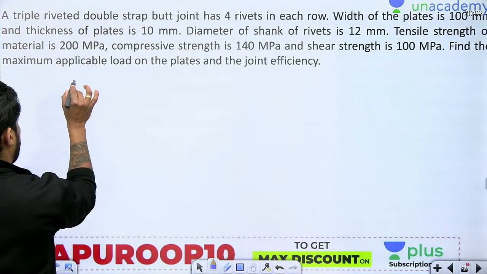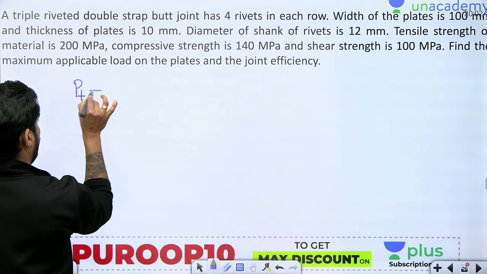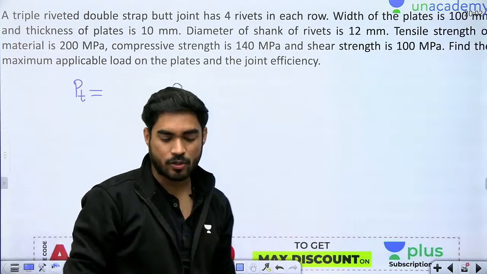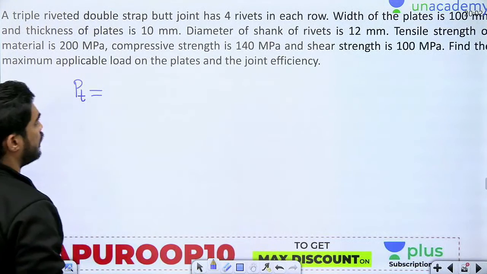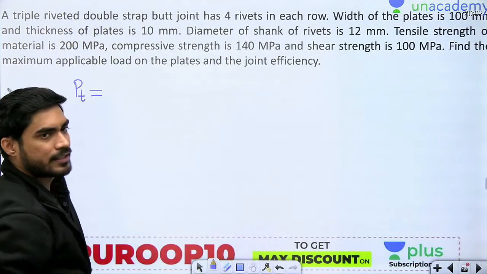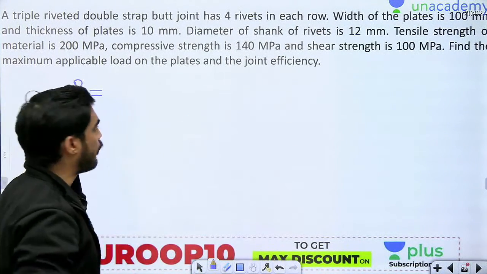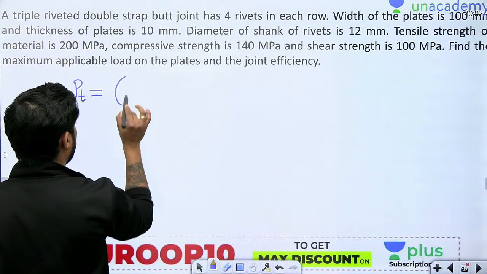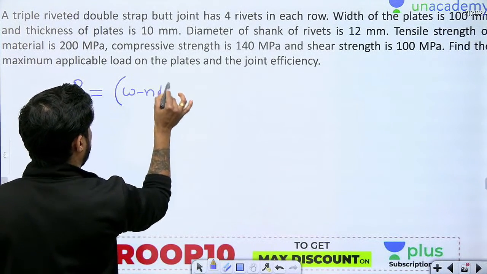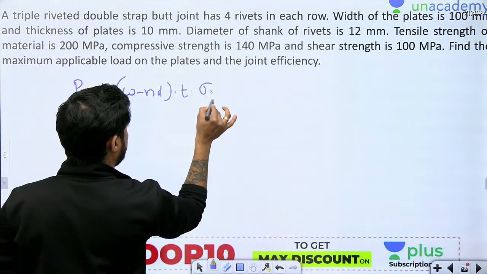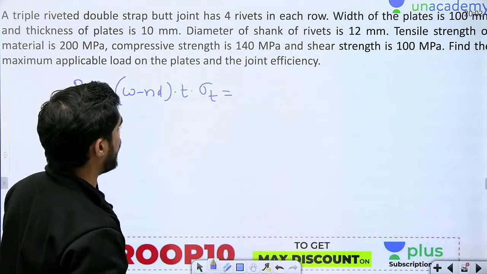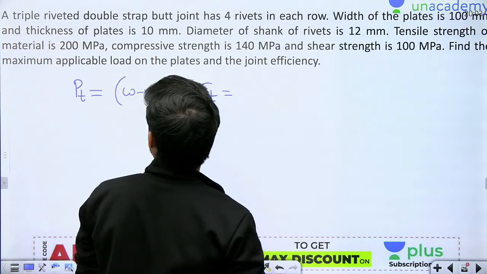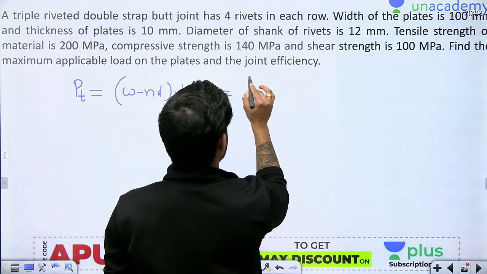First we will calculate PT. You need to remember the formula. Here they have given the entire width, so not the per pitch length formula, but the full width formula: W minus N D into T into sigma T. So what is W? W is 100 mm